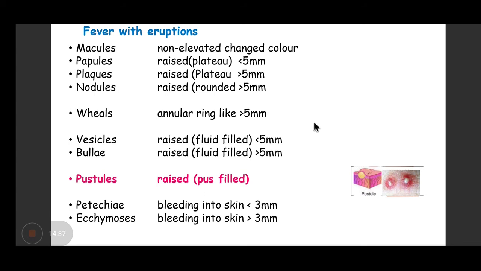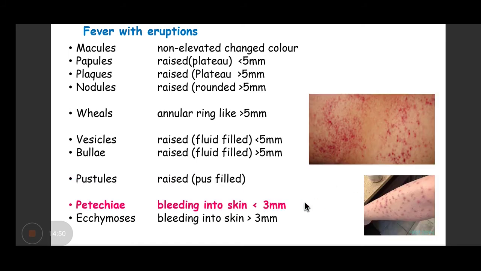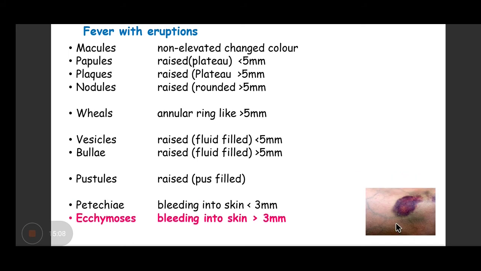Then they turn into a pustule. Initially, they are filled with clear fluid, but later on they develop pus and become pustules. Petechiae are not raised, they are just small hemorrhages into the skin. When there are tiny hemorrhages into the skin, they are called petechiae. And when they are slightly bigger in size, we call them purpura. And when they are very large in size, we call them